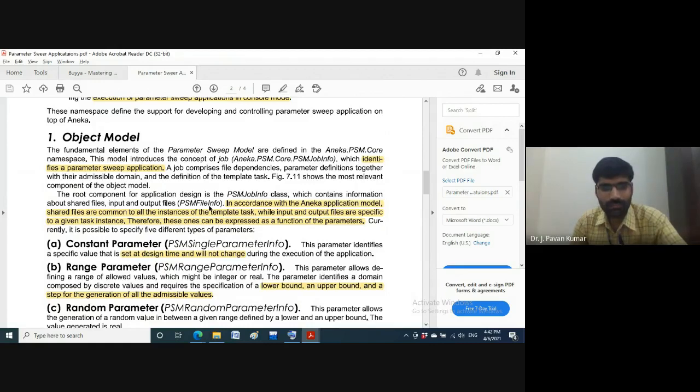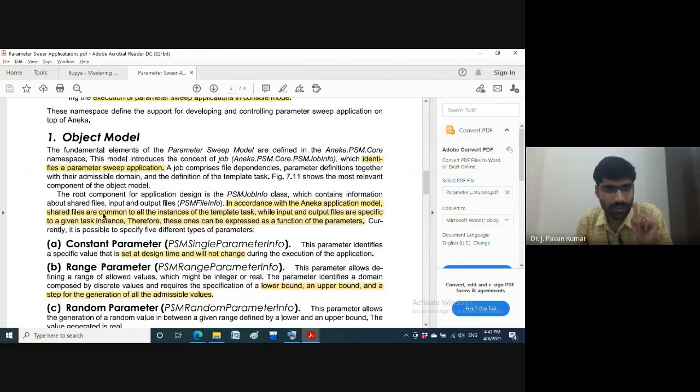Suppose one application has three tasks. Then for all three tasks we will have some common files, which we consider as shared files. For each individual task we will have separate input and output files, which we consider as pertaining to one particular task.